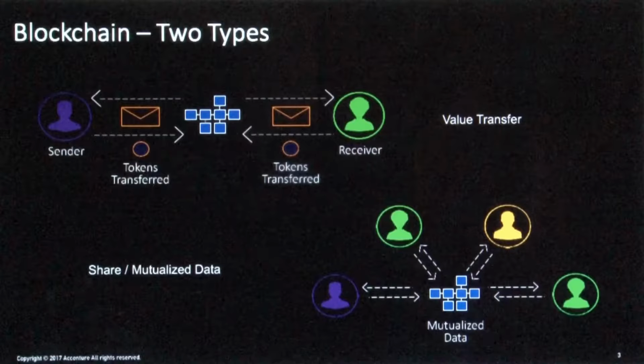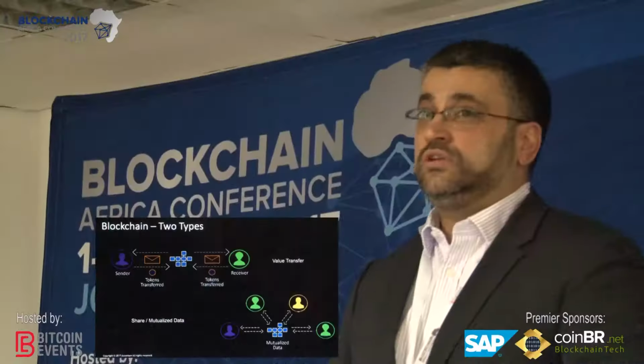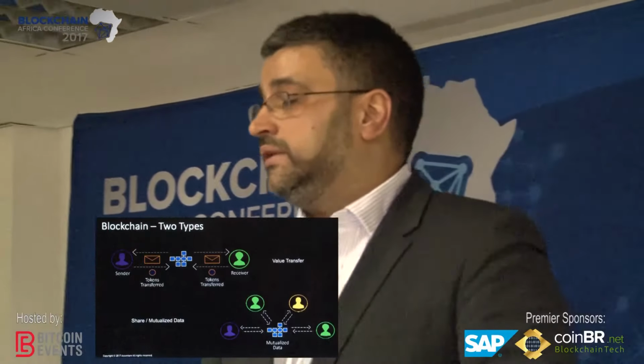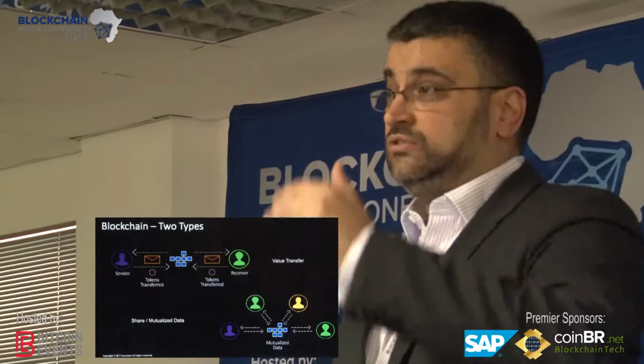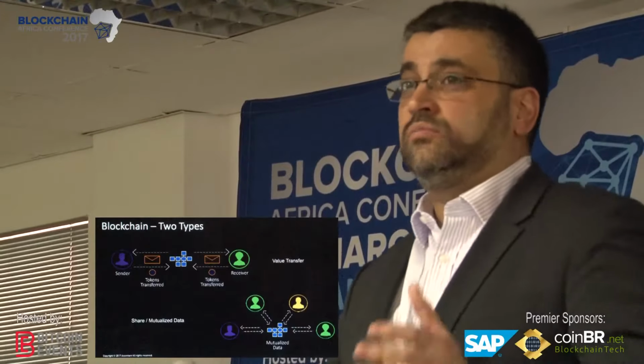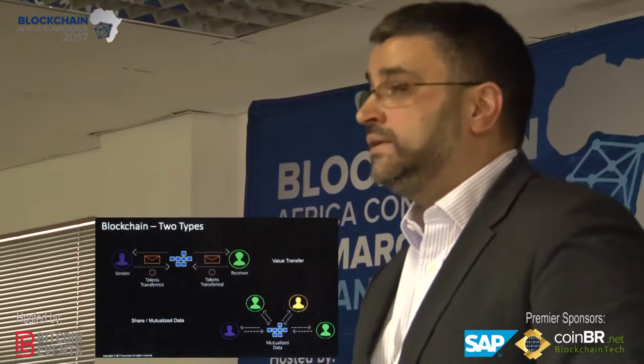First of all, if we take a look at the kinds of blockchain technologies, we've implemented a number of different use cases, and we can grossly categorize them into two major areas. The first one is really value transfer, tokens and messages going back and forth from the sender to the receiver. In that, you can send the message and send the tokens as well. So Bitcoin is a prime example of that.